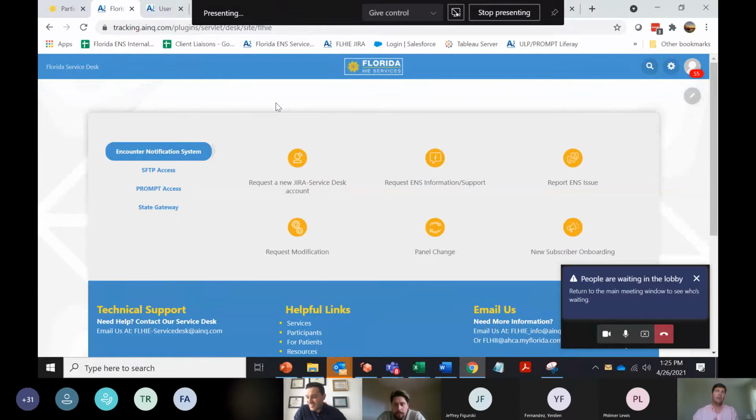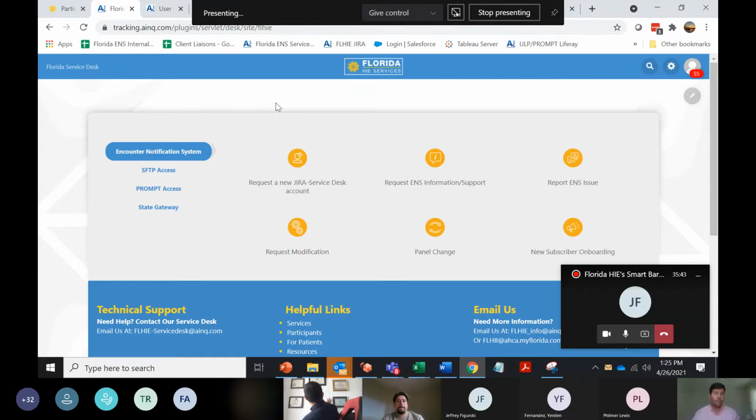I want to stress that there are 3 separate accesses we're talking about here. There are the Florida service desk access, which only 2 to 3 people within your organization should have access to. There's SFTP, and then there is prompt. Some folks have SFTP and prompt, others just have prompt, others just have SFTP. With SFTP and prompt, you can credential as many users as you'd like, and frankly, you should. The more people going in and being able to grab the files and pulling them down probably saves everyone else